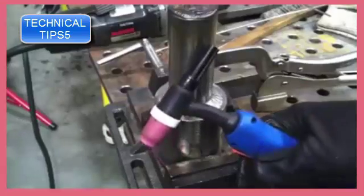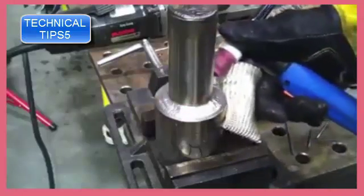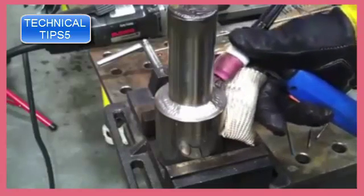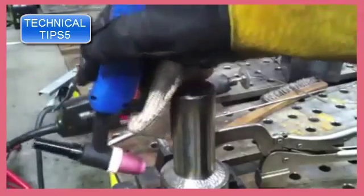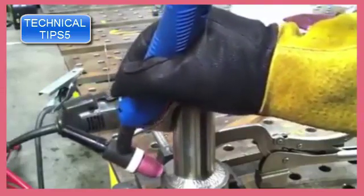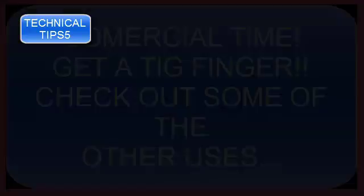Now there are times when that wouldn't be enough, so we're going to go ahead and put 3 more beads on this. Now I'm using a Rigid 17 air-cooled torch here. Not my favorite style torch, but sometimes you got to live with what you got. You can see I got to position my hand here to get the right angle, or if I'm coming in from this angle, it's not a flex head, so I can't just get any angle I want, in other words. But you make do. This is another way of propping to